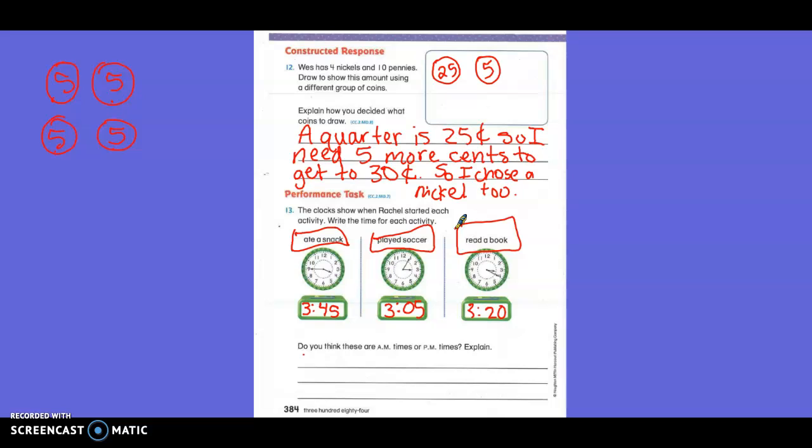Okay, but if it was in the morning, what would it be like? Dark. It'd be dark out. Okay, yeah, so you probably wouldn't be eating a snack, playing soccer outside, and reading a book in the dark, would you? No. Okay, so we're gonna say p.m. Capital P dot m dot. Okay, p.m. and we're gonna write, because it says what do you think? Explain. So p.m. because